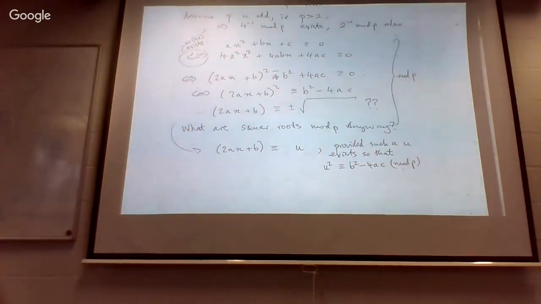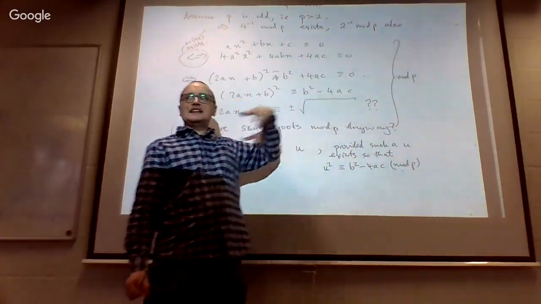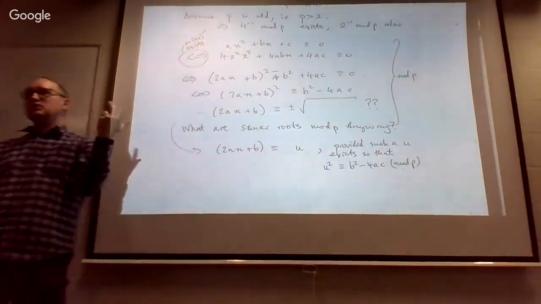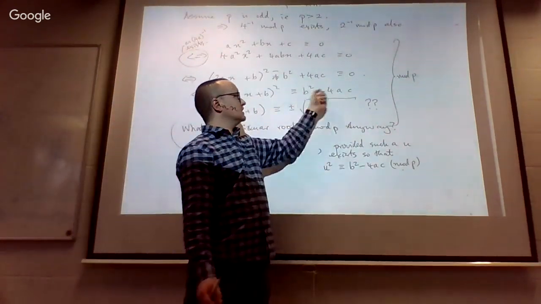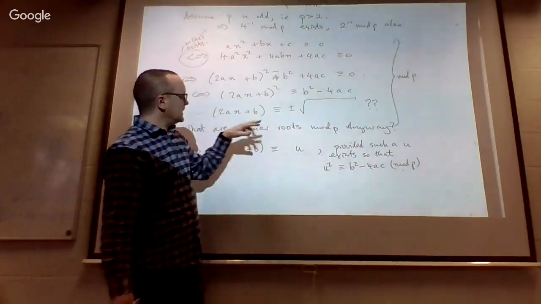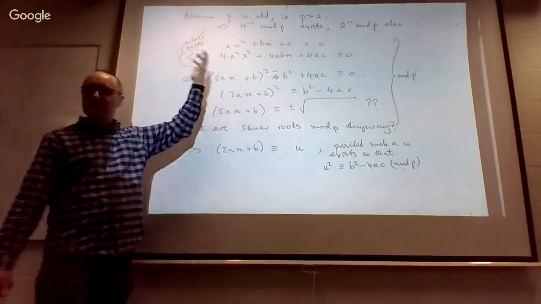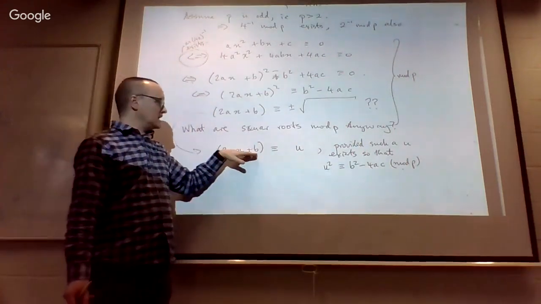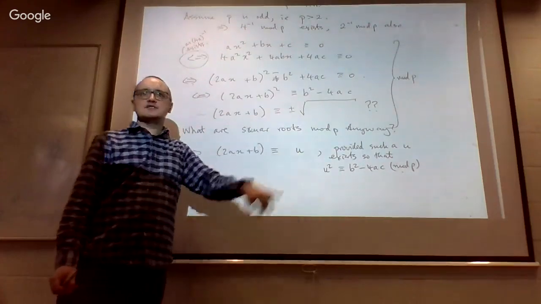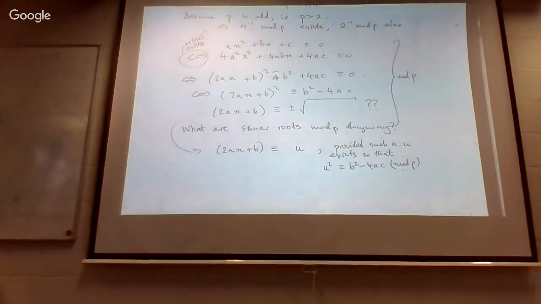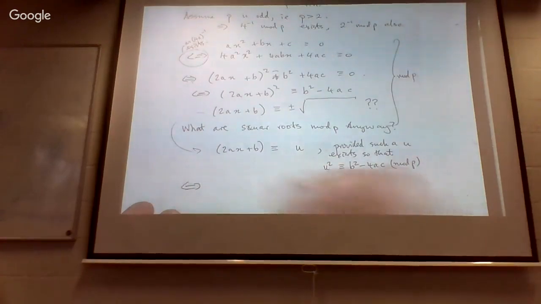So depending on the value of b squared minus 4ac, if there was an element u, one or more elements u, such that when you squared them, they gave you this value, b squared minus 4ac, then you could say that a solution will be generated by putting 2ax plus b congruent to that, okay, provided such a u exists. And then from there, you could then say, well, that's equivalent to